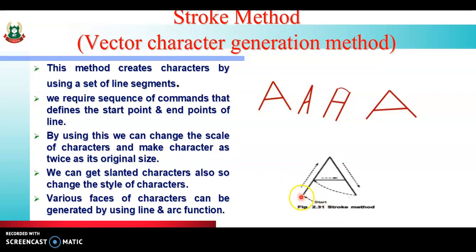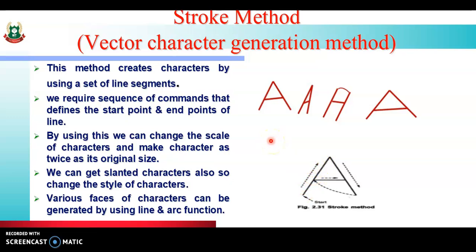This is the first line command, then this is the second line command, and this is the third line command. This way we have generated character A by using 3 lines, and the direction of the line is indicated by the dotted line.